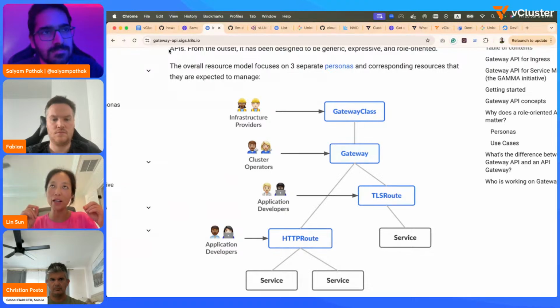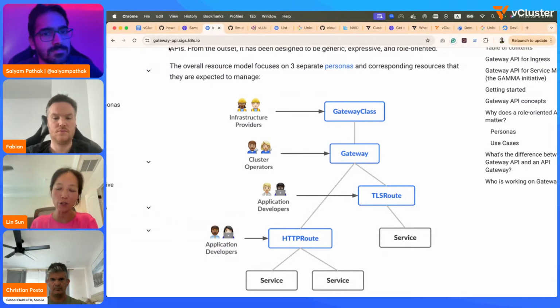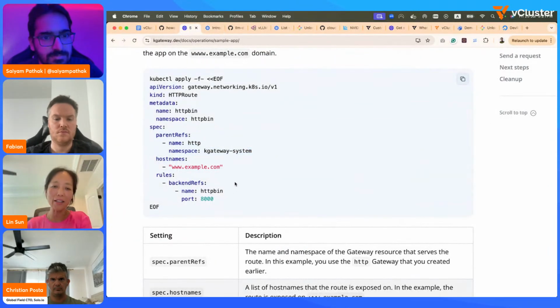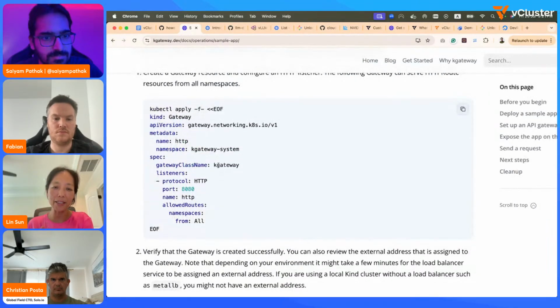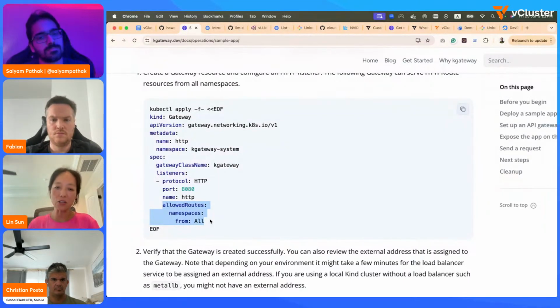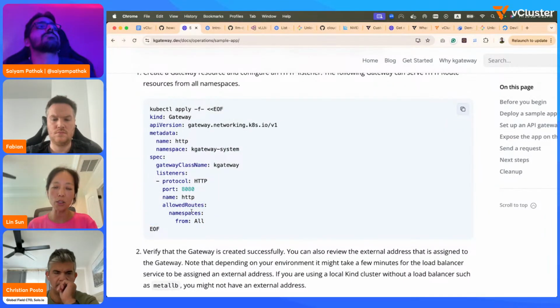Remember we had an allowed routes configuration, and I think we had it as all namespaces in our example. That means every single namespace in the cluster is allowed to attach routes to this gateway resource.